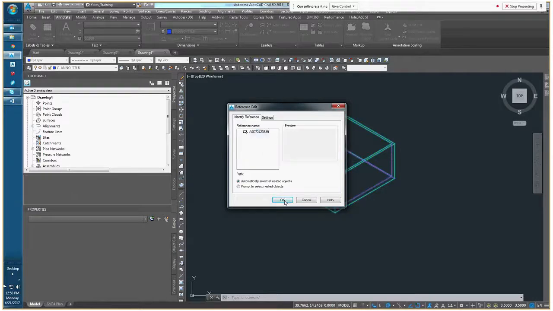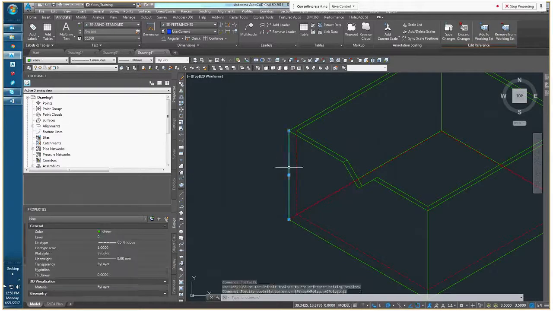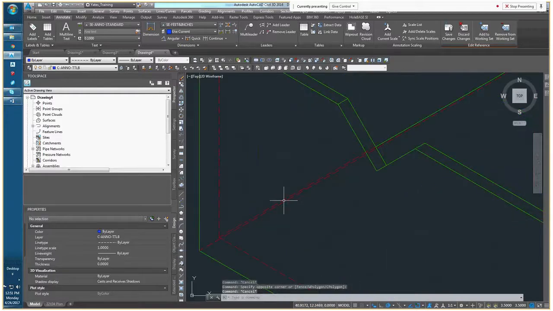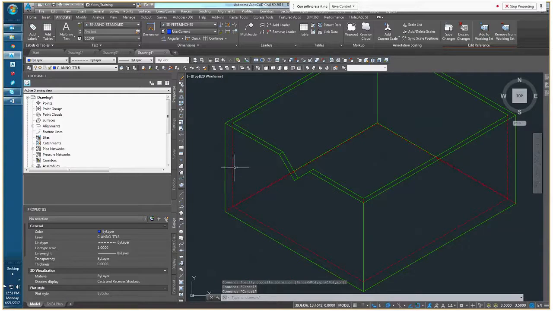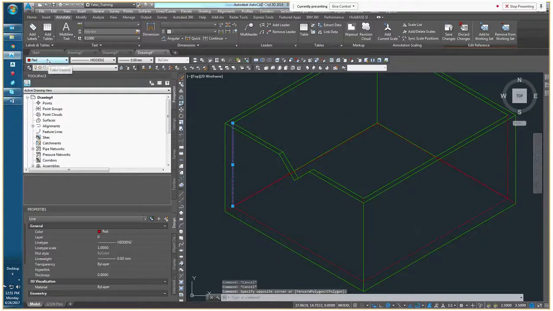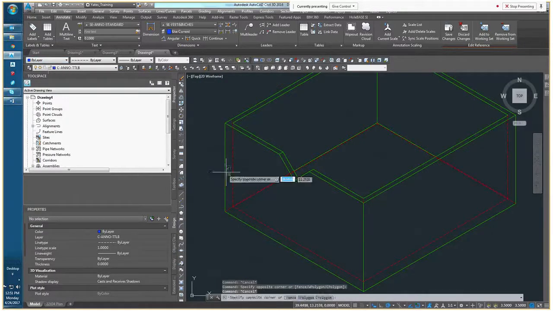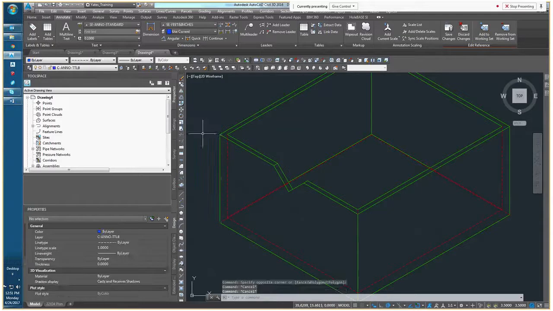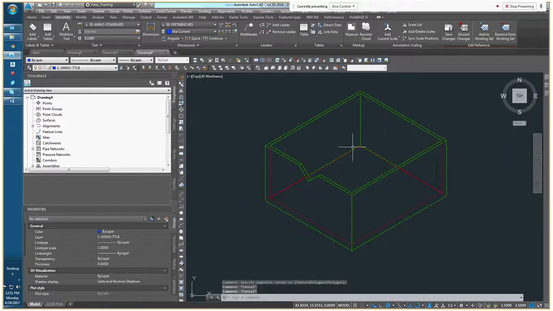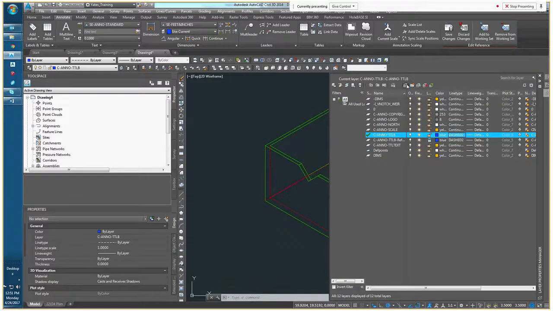While we're going in to edit this, we can select the individual lines that went into making this block and see the properties of those. These were all set to be created on the 0 layer with red as its color or green as its color, depending on whether it was foreground or hidden, and whether it be hidden to or continuous. So if we needed to change the layer data within this block to be able to edit it more freely, we would probably want to create